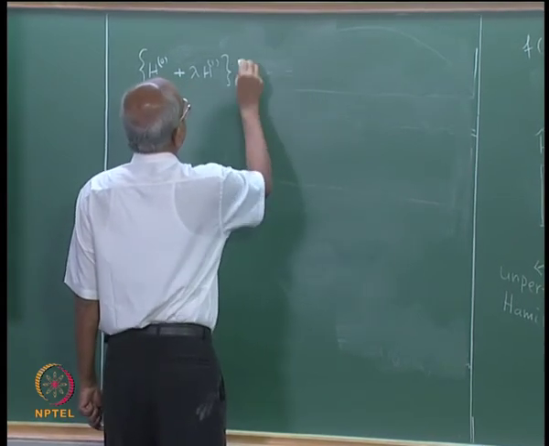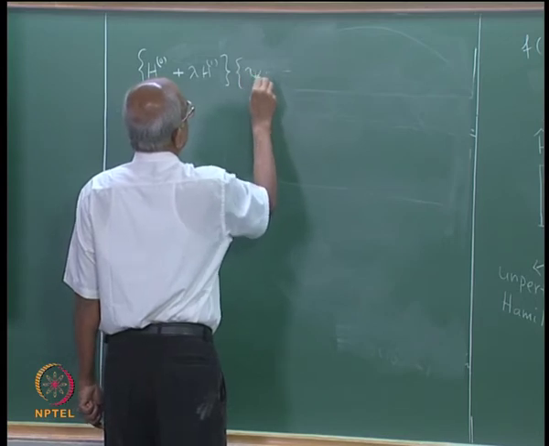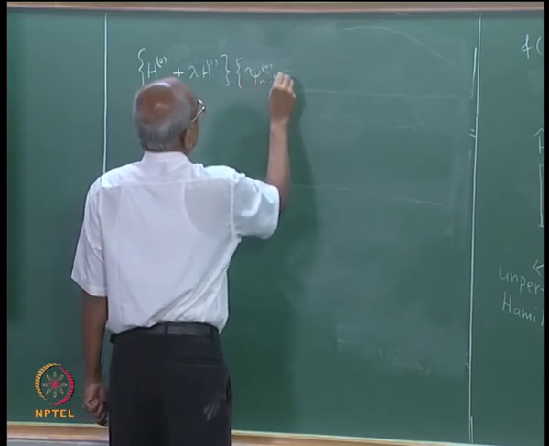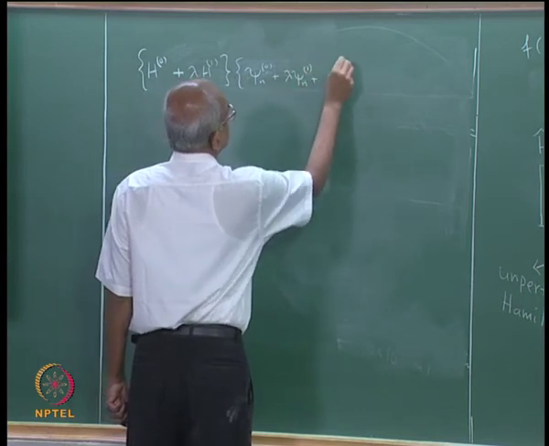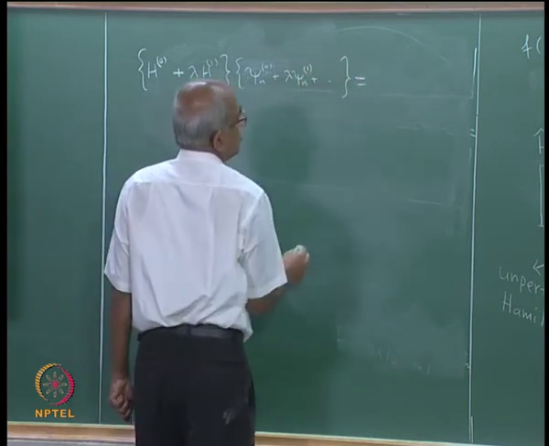Well, psi n lambda I am going to write as psi n 0 plus lambda times psi n 1 plus etc. is equal to